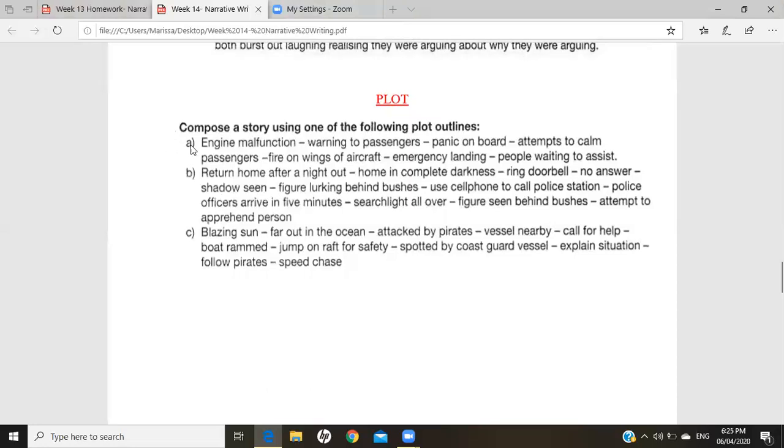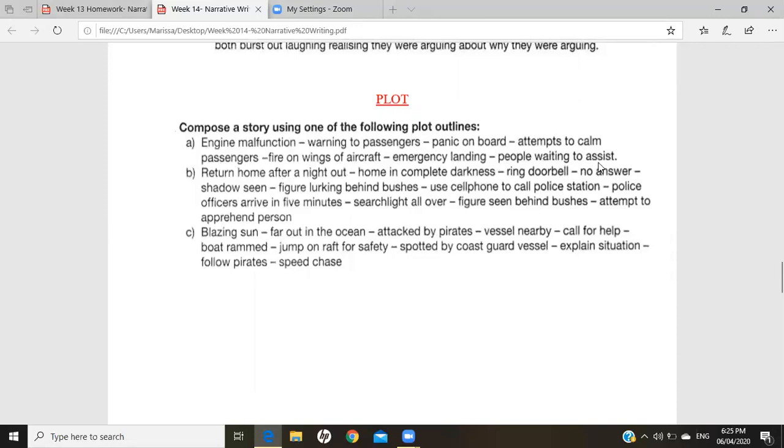So the first one, A, says, remember that this is just a plot outline. It's telling us the different stages of the plot. And an outline is something that we could use to create an essay out of it. So the first one says engine malfunction. Then you have warning to passengers, panic on board, attempts to calm passengers, fire on wings of aircraft, emergency landing,